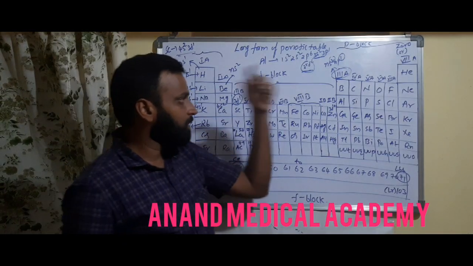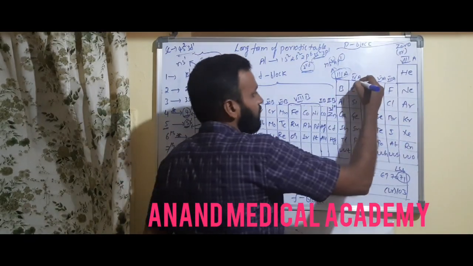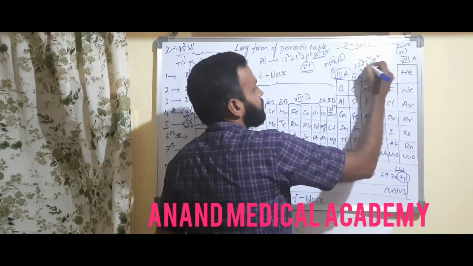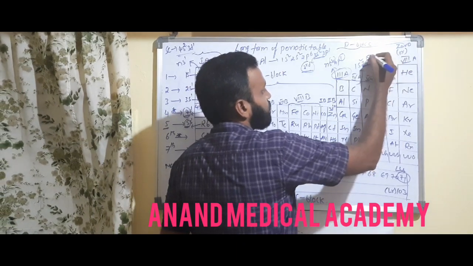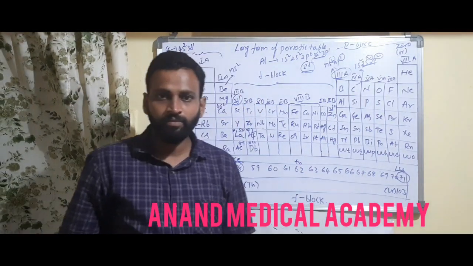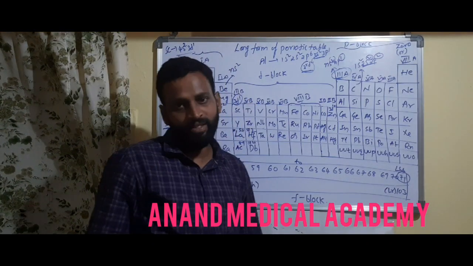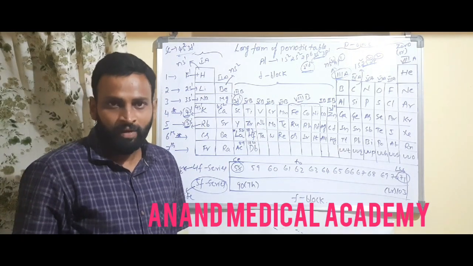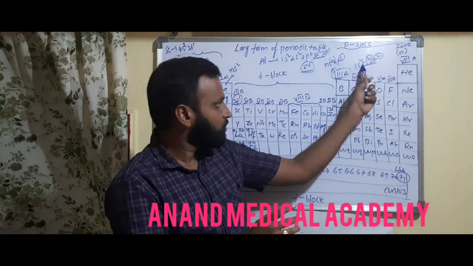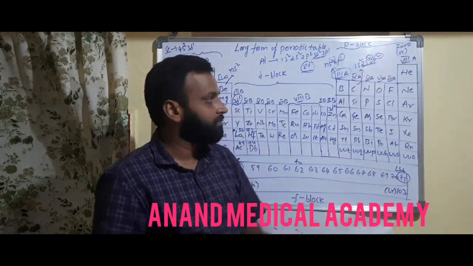Understood? Suppose carbon is what? 1s2, 2s2, 2p2. Carbon electronic configuration is what? Carbon is 1s2, 2s2, 2p2. So valency shell has 2s2, 2p2. So 2 plus 2, 4. So 4 electrons. Got it? So in that way we have to understand everything here. Okay? So just write down all these things. So here this 2 number will give you second period. Okay, carbon belongs to which period? Second.